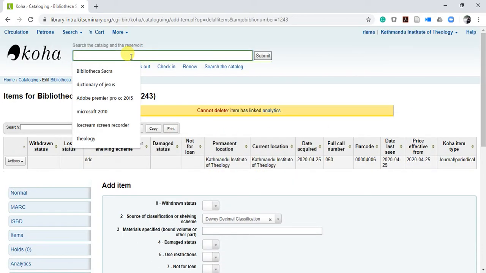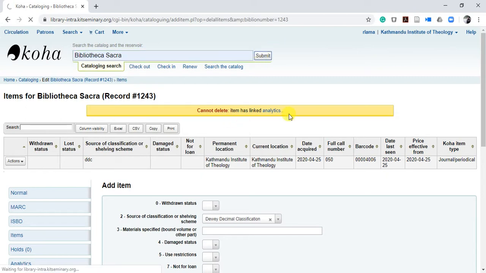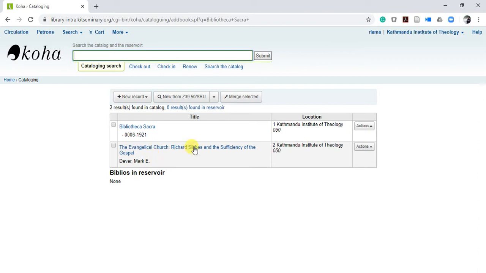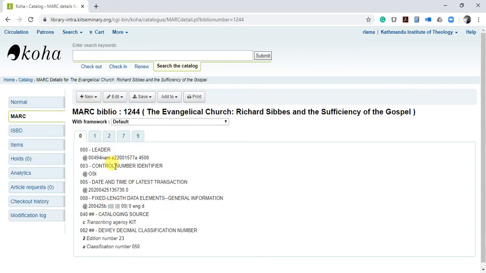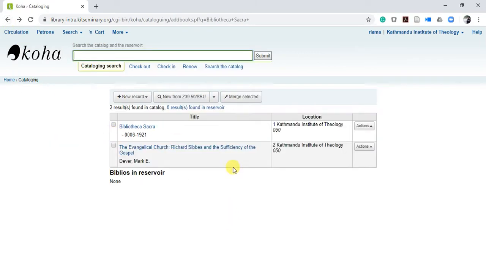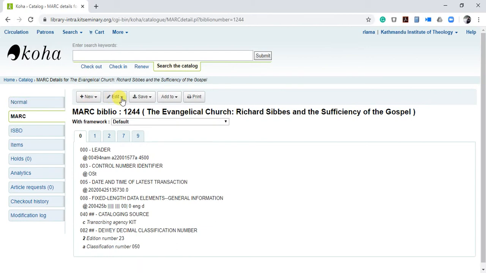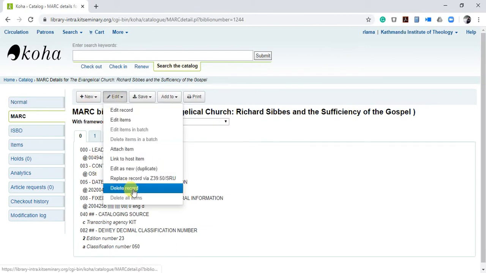So let me search here Bibliotheca Sacra. Let me delete the first, this one. I have to delete this one. So go to action. Now here, let me click, okay, no, where did I click? So let me click here, then go to edit item and say delete record, delete, okay.